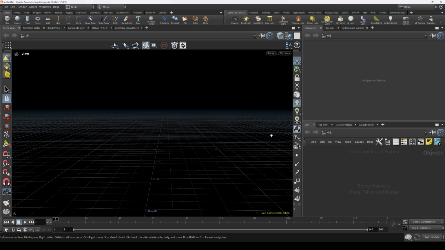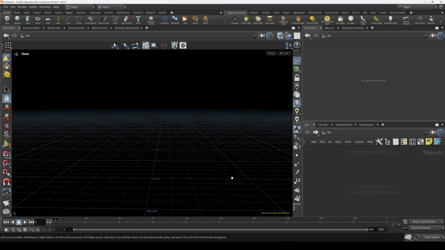So I'm going to show you something called Opdigits. Now what Opdigits is going to do for us is just give us the numeric component of a name, typically at the end of a name, of any node we point it to. That might sound a little confusing, but I'm going to show you a quick little example of how useful this